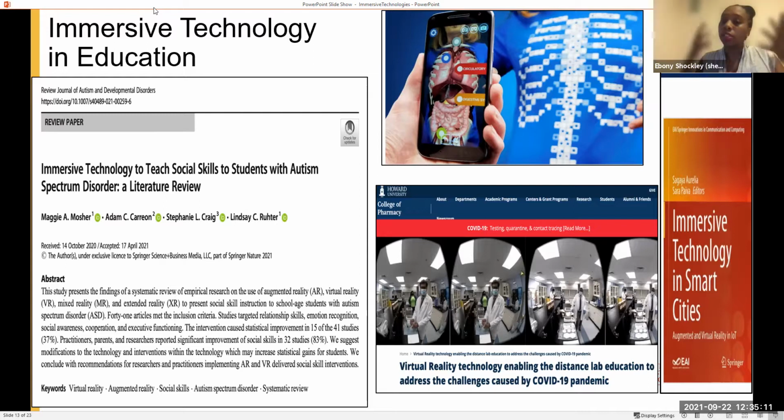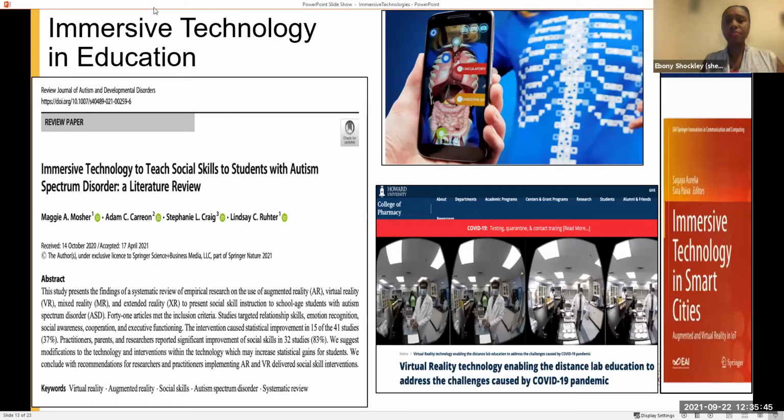And we also wanted to provide a local example of what's happening at a peer institution, Howard University College of Pharmacy. Their students are using a 360 immersive experience in virtual reality in their training. And they're able to even use some of the hardware from home and in different spaces, put the article there, so that they can learn and engage and expand their skills and simulate a real world